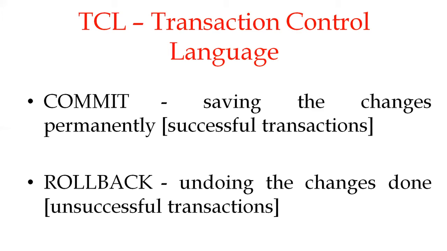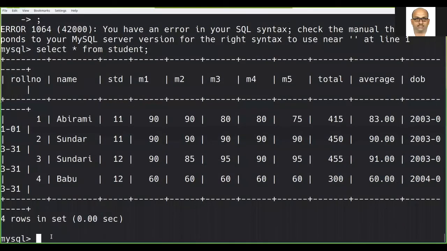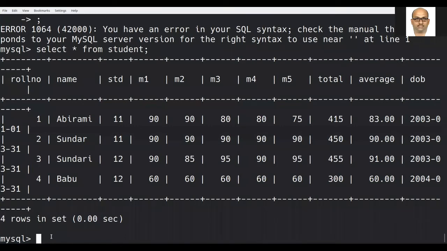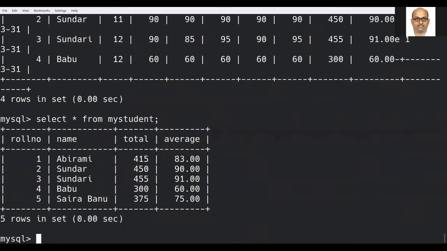Let us see these things via an example. Now let us learn the purpose of commit and rollback commands. All right. So here, select star from student is my table which I am going to demonstrate.